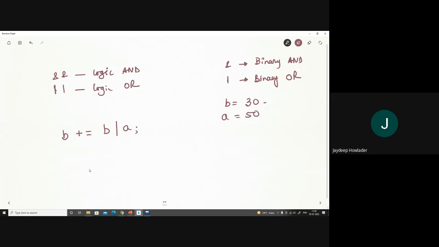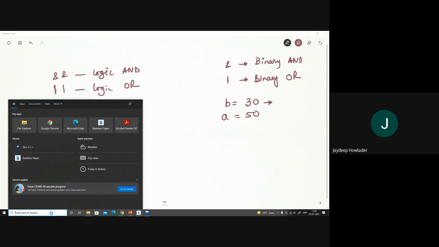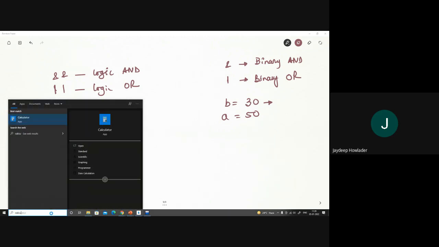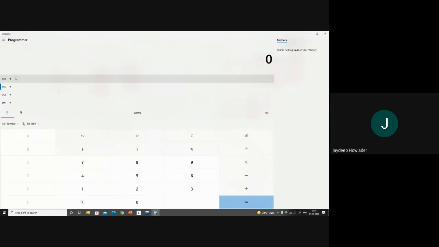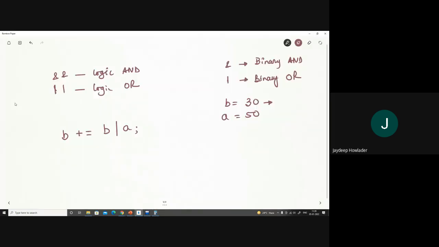And what is their representation in binary? 30, its binary representation is 1 1 1 1 0.